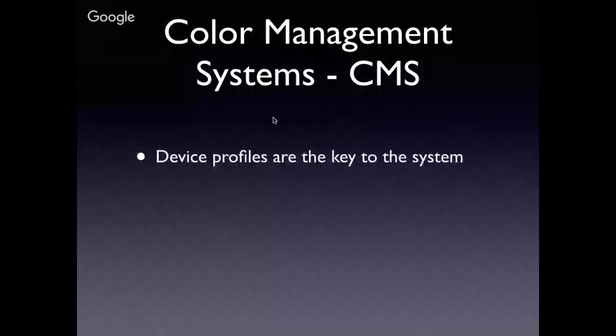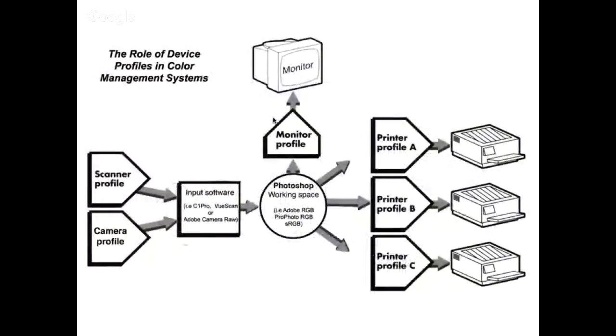I'm going to go back to working spaces in just a second. I just want to show you how this works. So this is kind of the system that we need. This is color managed workflow at its best. So we're going to start on the left-hand side with a camera profile. And if you can profile your camera, and we're going to build a profile for our cameras here today. If you can profile your camera, because your camera, again, it's a device, the color that it interprets is perverted, slightly. So if we can measure that deviation from what it should be and generate a profile for it, then we can actually bring color